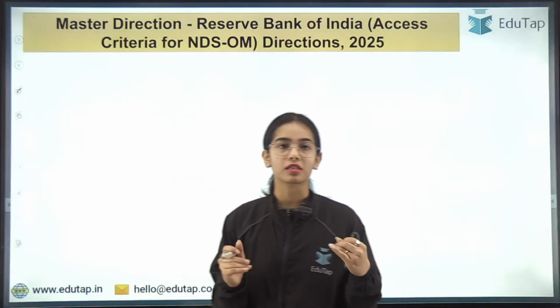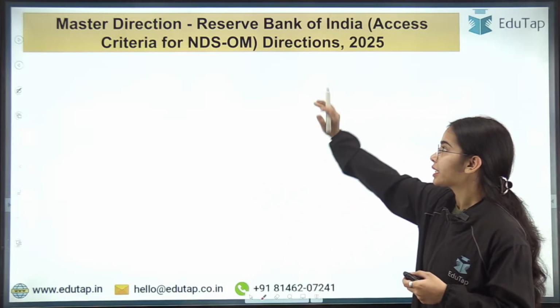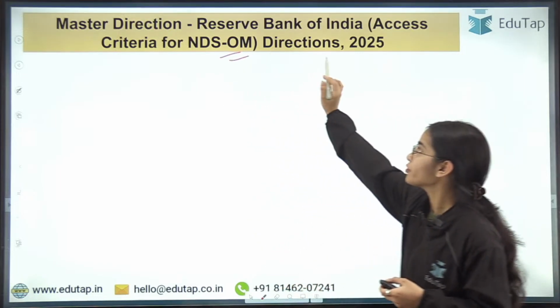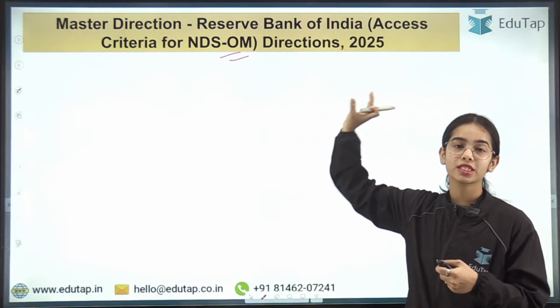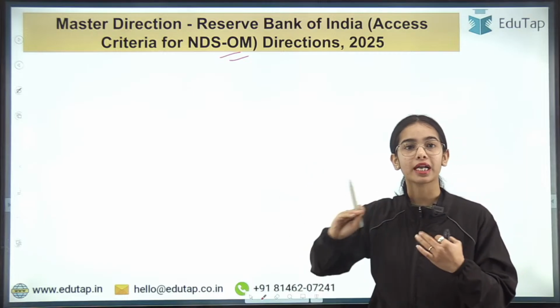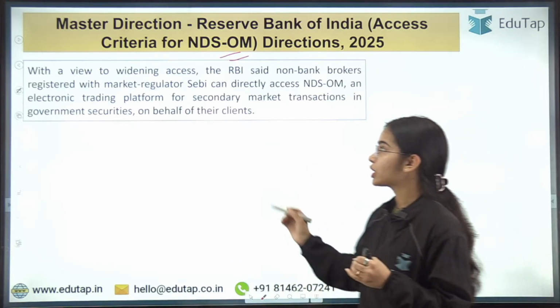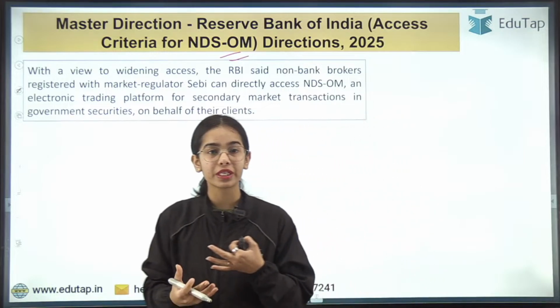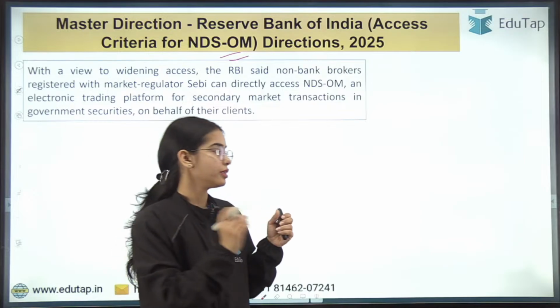Starting with the master direction, the RBI has released the master direction for the access criteria for the NDS-OM, the negotiated dealing system order matching. The directions that are newly released are very important. Now, why have these directions been released and what are they stating? Remember that in October